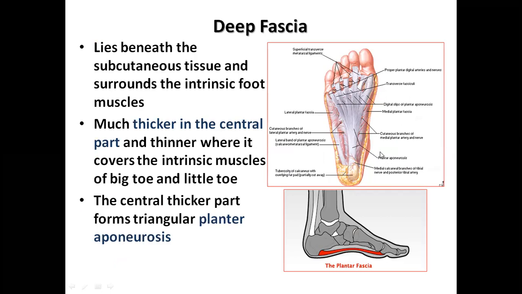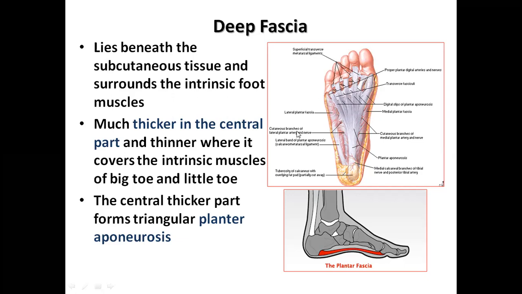Similarly, when you homologate it with the palm, in the palm just below the skin we have seen the palmar aponeurosis. Similarly, in the sole of the foot, once you remove the skin, we will see the plantar aponeurosis. When I was discussing that, I told you the difference between palmar aponeurosis and plantar aponeurosis. We have 4 slips in palmar aponeurosis, which allow the free movement of the thumb, whereas in plantar aponeurosis we have 5 slips. One slip is going to the great toe.